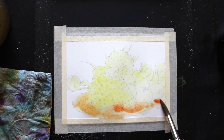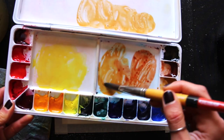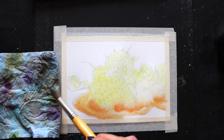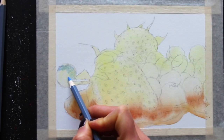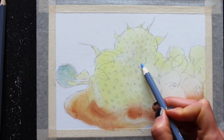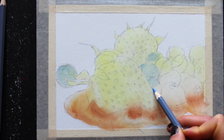These are just general loose washes of color that'll provide a base to work off of when I bring in my watercolor pencils. And then I allowed everything to dry completely, and it wasn't until everything was super bone dry and I helped myself with a hairdryer to speed up that drying process that I got started with the watercolor pencil process. And that's what you're going to be seeing me work on next, all of my layering with my